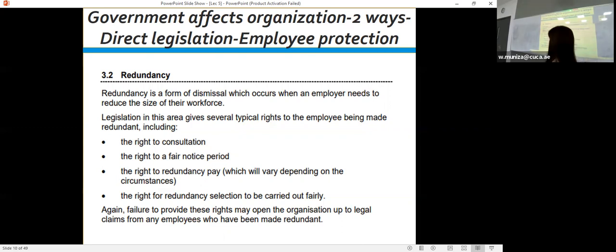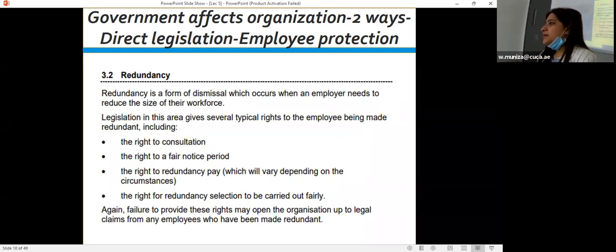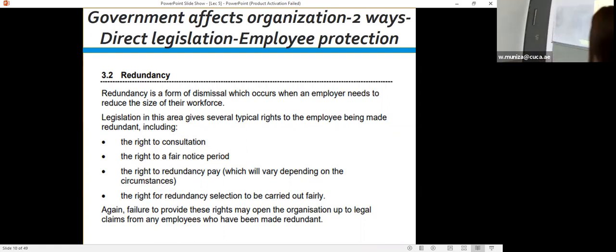When the redundancy is carried out, then in the particular department, they have to give priority to certain individuals, and they are going to leave certain individuals. They are not going to make them redundant. So those who are very efficient, very effective for the organization will be kept within the organization, and those procedures should be very fair as per the policies of the organization. They should not be kept in the organization on the basis of favoritism, etc. Got it? Again, failure to provide these rights may open the organization up to legal claims from any employees who